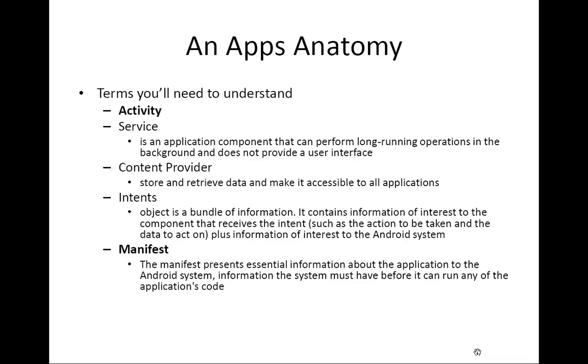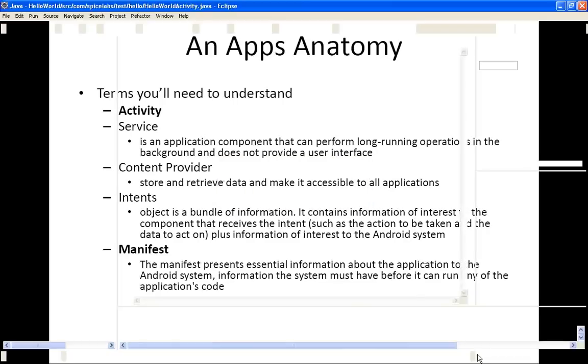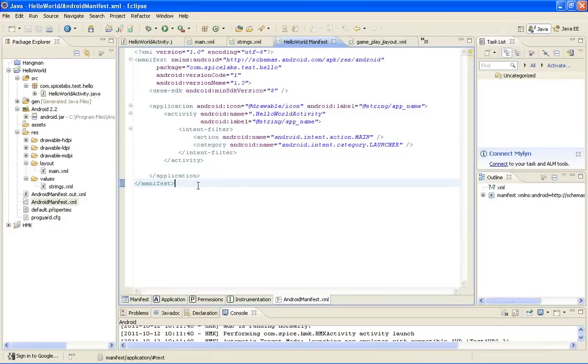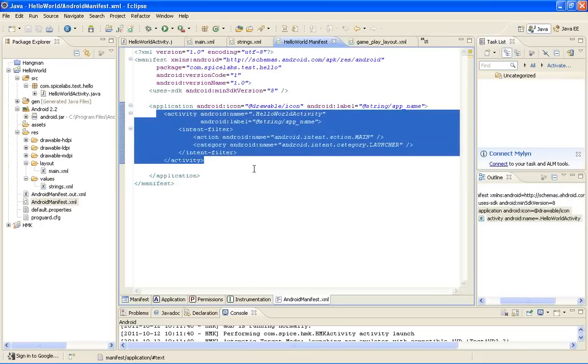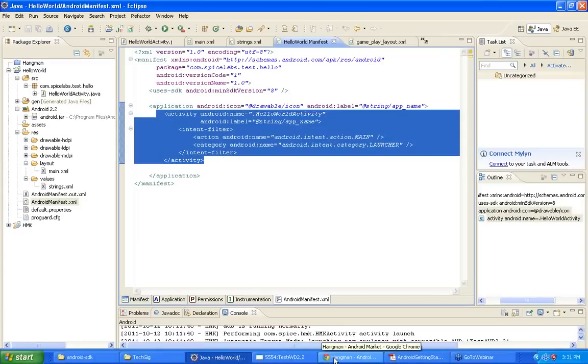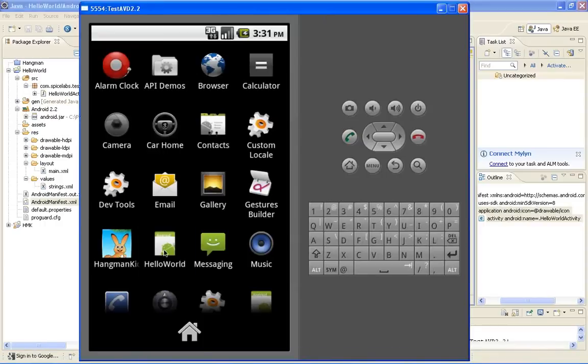The simplest manifest is something that we can look at right here. This manifest is primarily defining just one thing, that is our main activity, which is what will get launched when we start this program. So the Android version, the version name, the min SDK required, and then the activity itself from where our program will start. So we can just go to our emulator